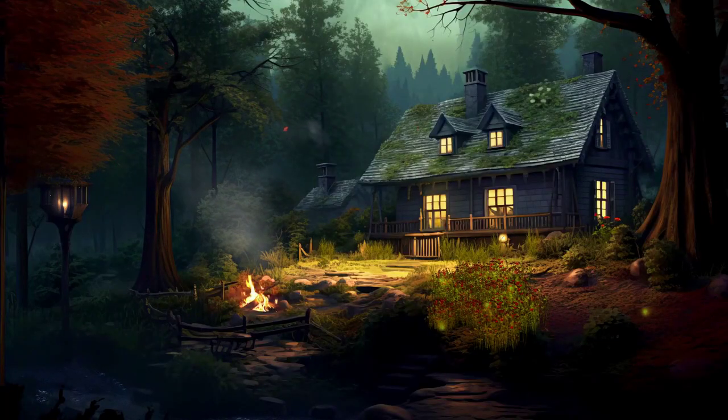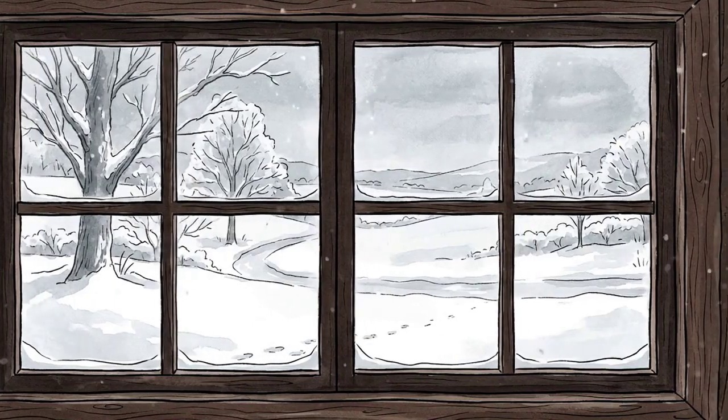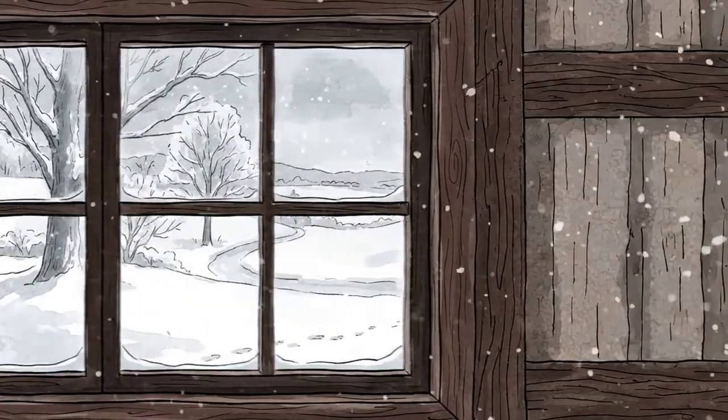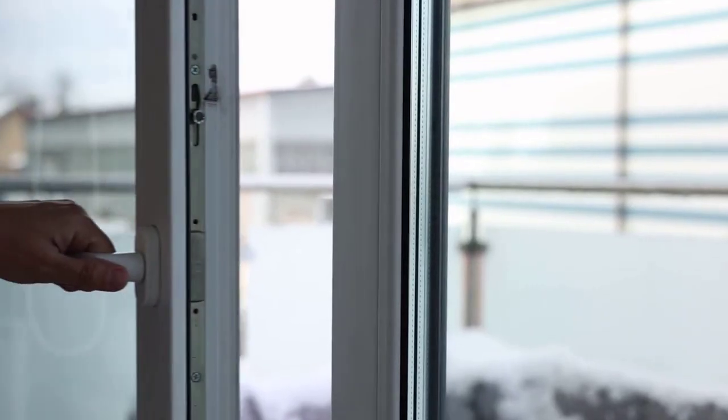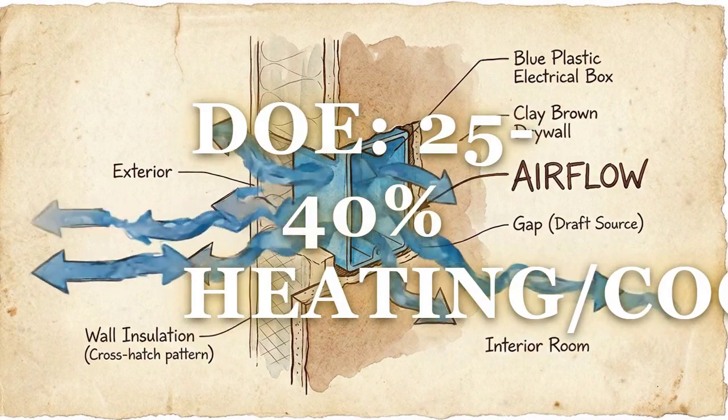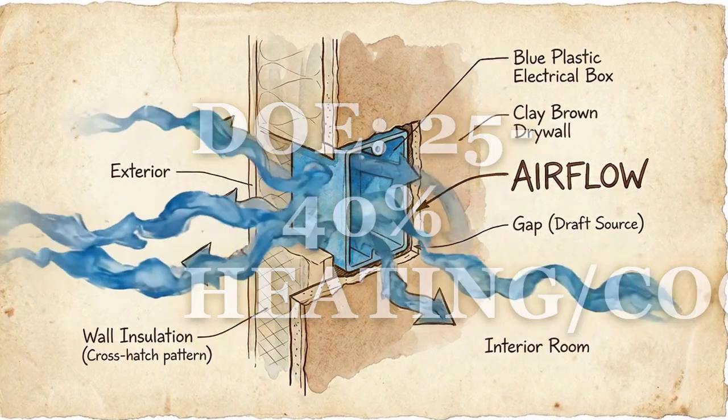That lighter by the front door switch, if the flame bent, you just found the most cost-effective improvement you can make to your heating bill this winter. It is not a window. It is not a door. It is not missing insulation. It is a hole the size of a coin behind a cover plate, and it has been open since the